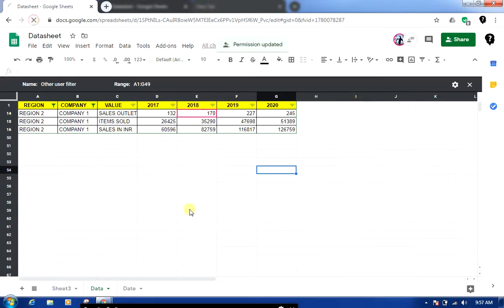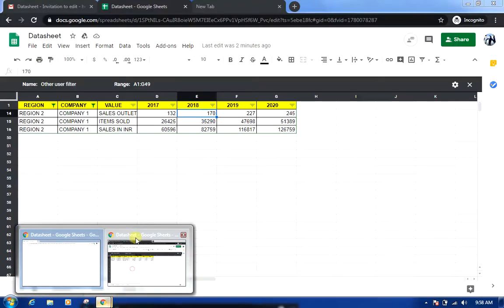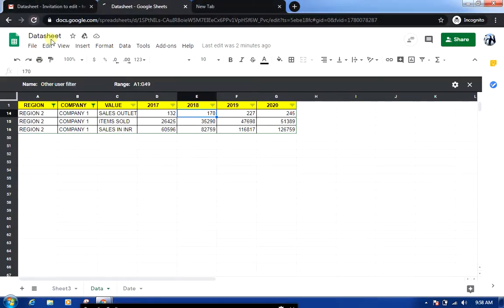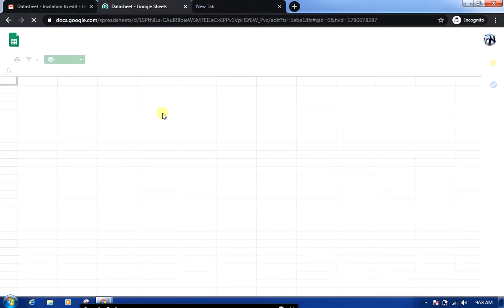Let me refresh this sheet at my end as well, and for the other users as well. I'll go to the other user and refresh the sheet. Refreshing is always recommended so that it ensures that whatever changes have been done in the background have been effected.